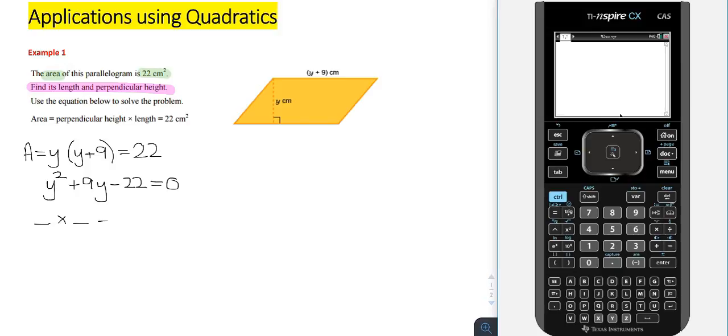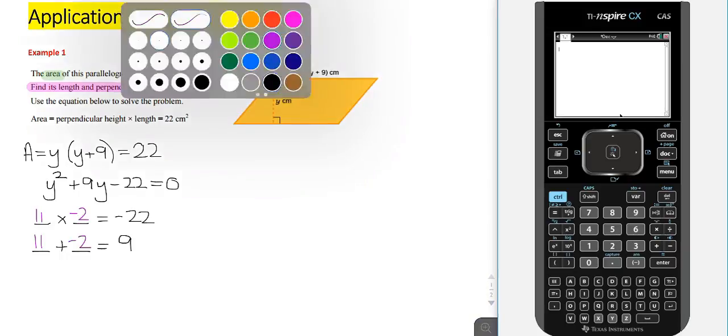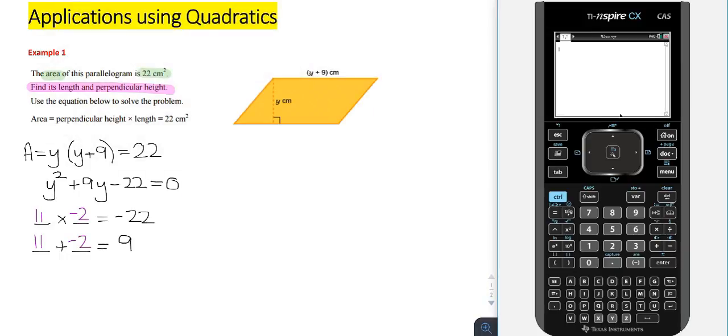Well, that we can factorize, so we can use null factor. So two numbers that multiply to give negative 22 and add to give 9. So 11 and negative 2 work. And then I can write that in my normal brackets. So this is y plus 11 and y minus 2. At this point, I'm up to null factor, and I'm going to get out two results here. So I get out y is going to be equal to negative 11, and I also get out y is